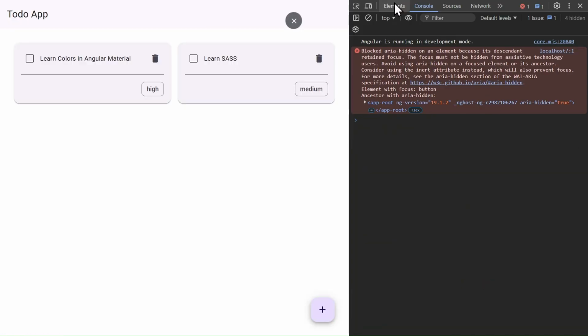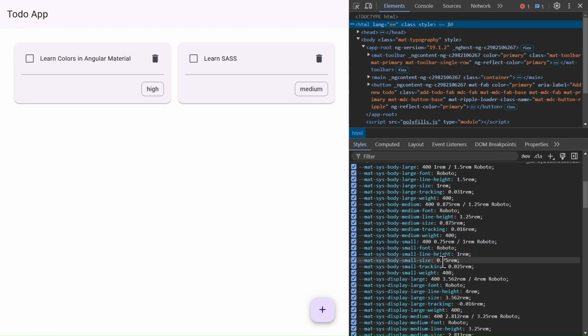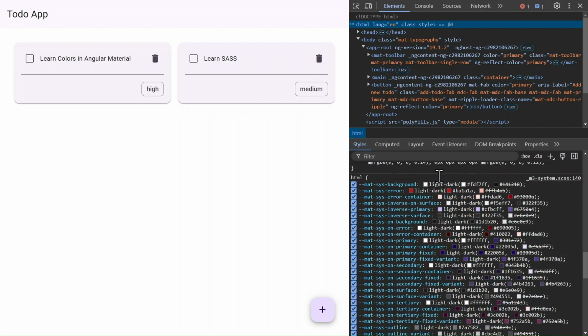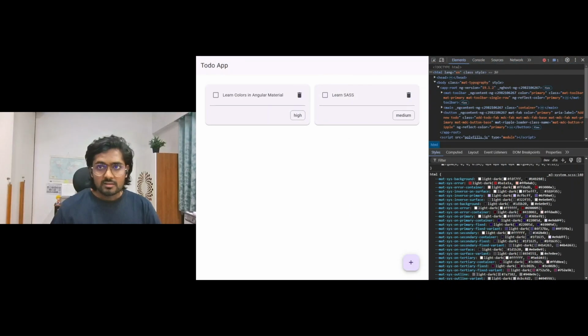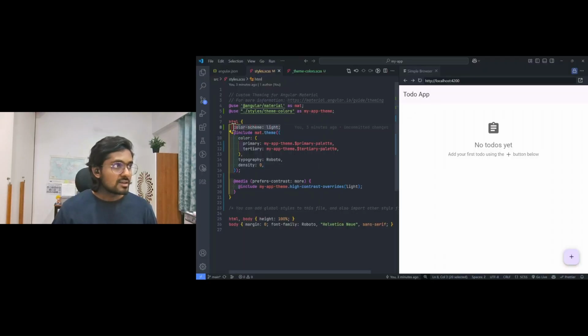Now, if you see the CSS variables which Angular Material generates, those use the light-dark CSS function. The light-dark CSS function makes it easy for our application to switch between light and dark mode. It depends on the value of color scheme declared in our application's global style. In our case, we have defined color scheme as light, so within HTML it takes light values from the light-dark function. We can also define this as dark or